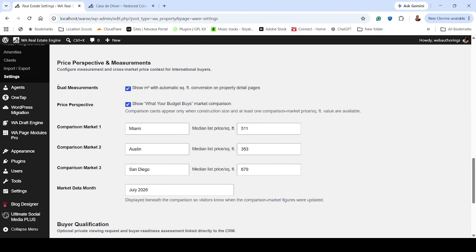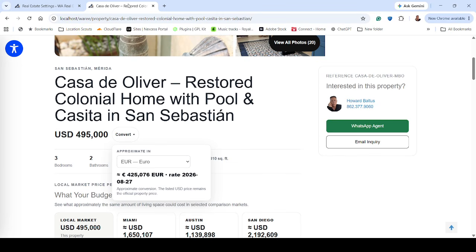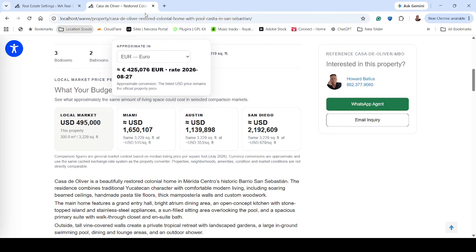Below, we wanted dual measurements to show, both in square feet and in metric, meters, price per square. And this is where we put in this piece. For my comparisons, I put in Miami, Austin, and San Diego. And I found, again, I believe I used AI for this, the median list price per square foot for all three. That enables, let's bring this up, this piece down here, local market, Miami,